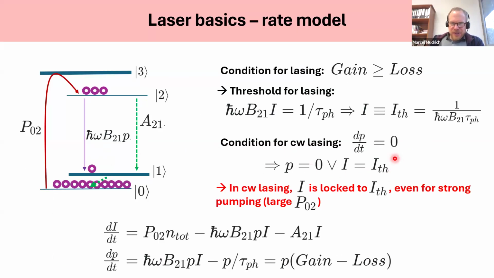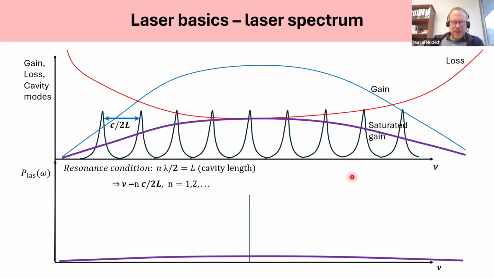Another consequence of this condition for CW lasing is that the inversion is locked to the threshold value. This we discussed using this figure here. Just as a recap, the figure shows the gain profile as a function of the frequency, which in many cases is quite a broad profile. Then there is a loss curve. The losses also have some frequency dependence, for example, given by the reflectivity curve of the mirrors of the